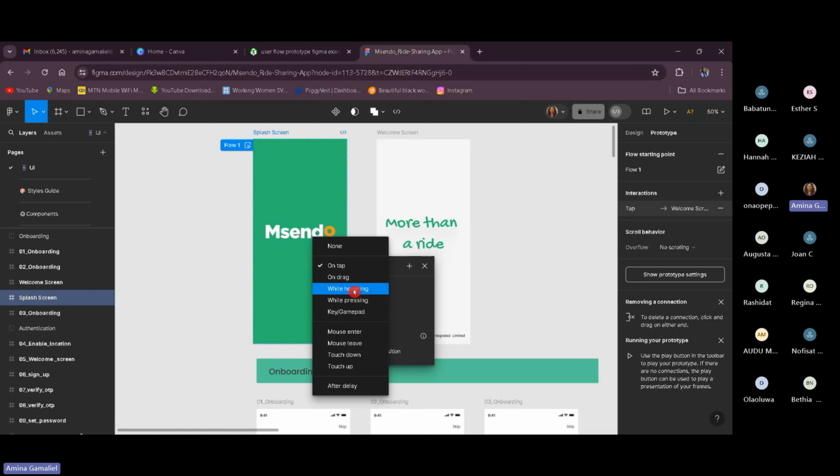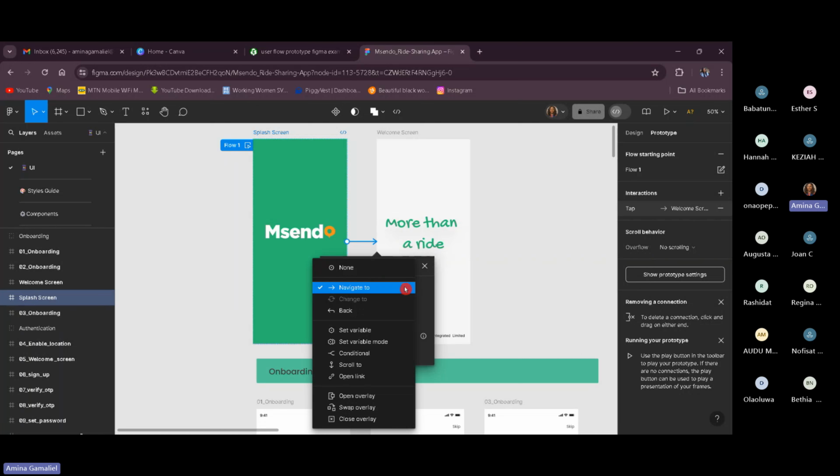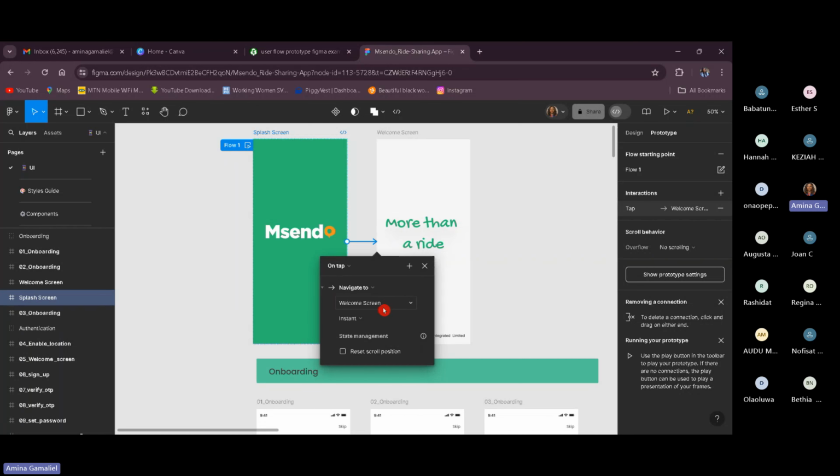Now I'm going to try two things. The way a normal app works. So I'm going to use on tap. I'm now saying, when I tap my splash screen, please take me to my welcome screen. Okay. Sometimes it wants to ask you more things. It's asking navigate to. And if you click this welcome screen here, which is where I have pointed it to,